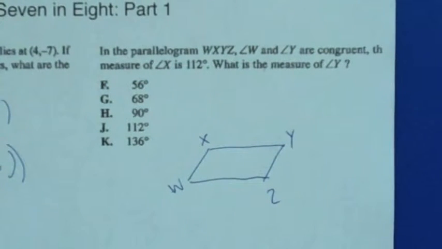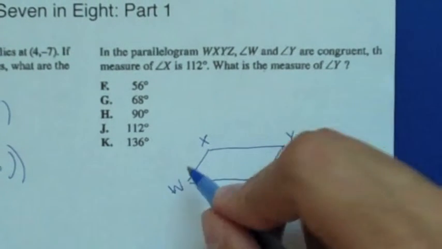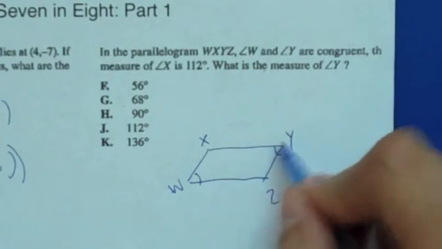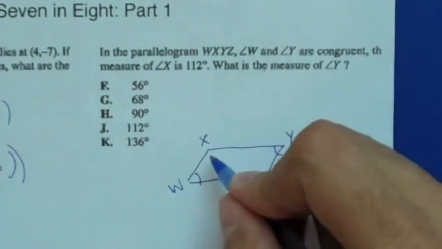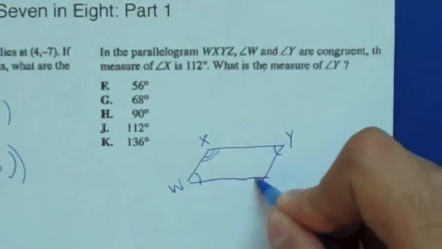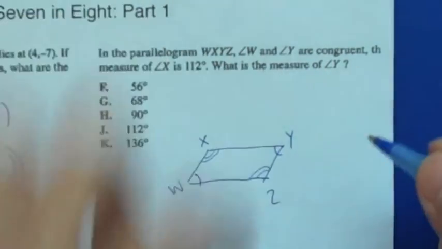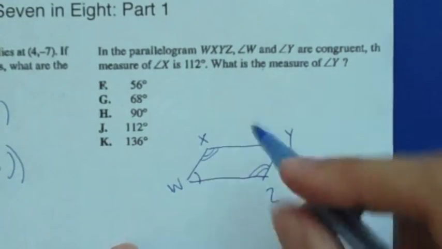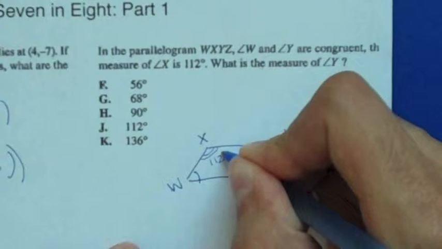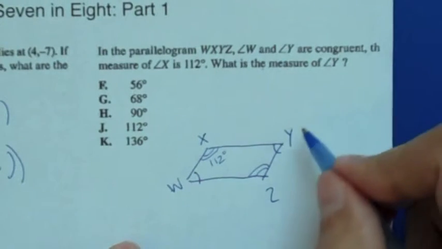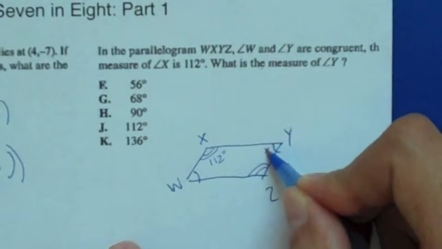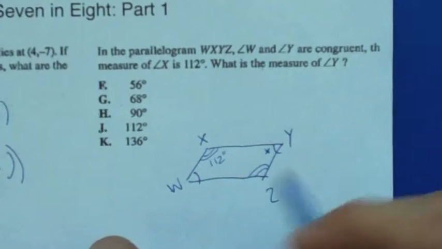So anyway, I have my picture labeled. W and Y are congruent, which makes sense. Opposite angles in a parallelogram are the same, and these 2 angles also have to be the same. In a parallelogram, both pairs of opposite angles are congruent. And I know that X is 112. I want to find angle Y right here. And if you recall from your geometry days,